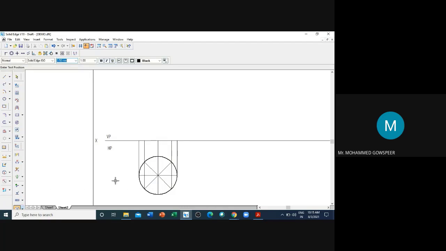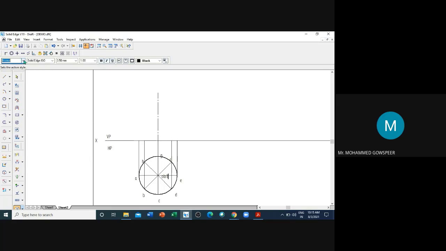I will name them with small letters: a, b, c, d, e, f, g, h. Now the axis height is 50 mm. Select a center line type from here. So the length is 50. Then this apex I'll name o1.